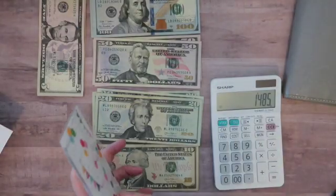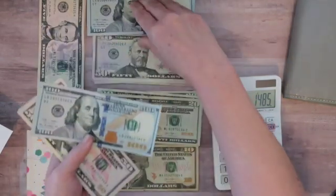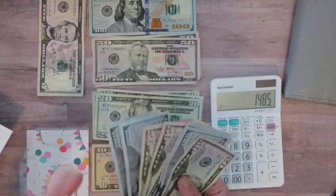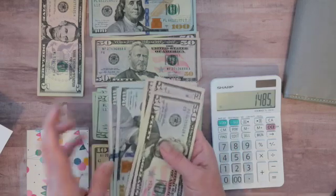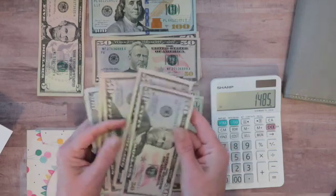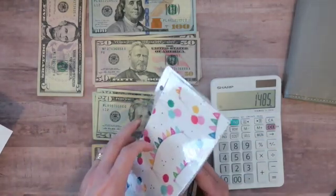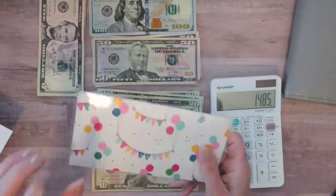So for birthday, I have 250 going in. So 2 $100 bills, right? And a 50. So even though I was pulling it out 50 per week, I started to realize that I stuff it all at one time. So there was really no reason why I couldn't put it all together. So 100, 200, 300, 400, 500, 600 in birthday. So my original goal was 1,000. I did spend 300. So next month will be a 4-week month. So it'll be 200. So I think I might be...